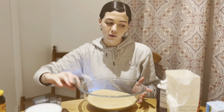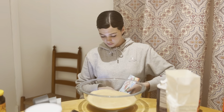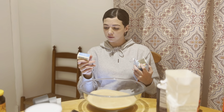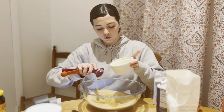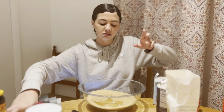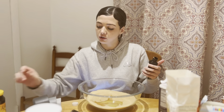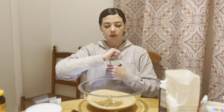Now that it's well combined, we are gonna add all the wet ingredients. I'm gonna melt a stick of butter. Oh my god, they're tiny, that's so cute. Ugh, that smells nasty. 1 teaspoon of vanilla extract. That smells so good. 1 cup of